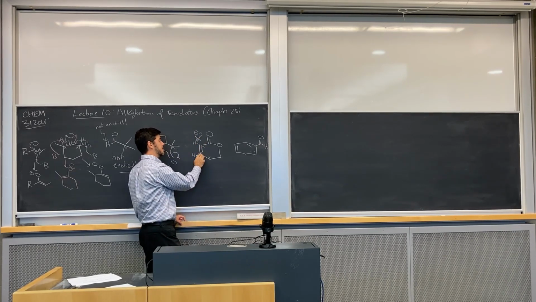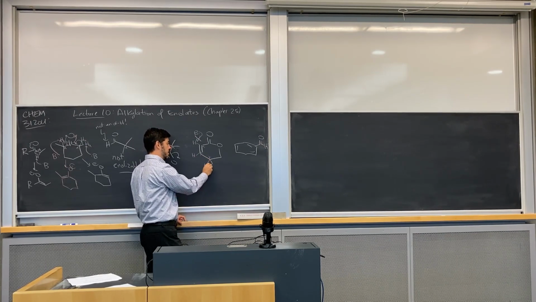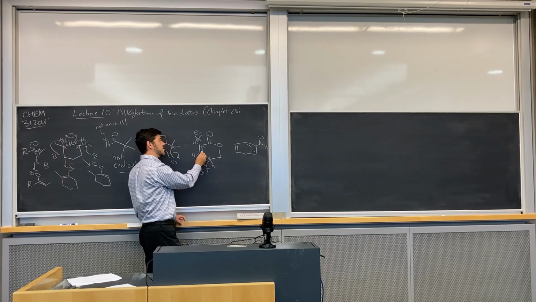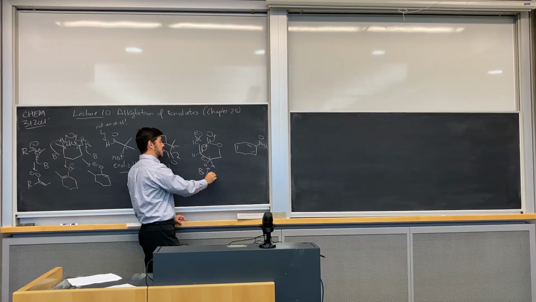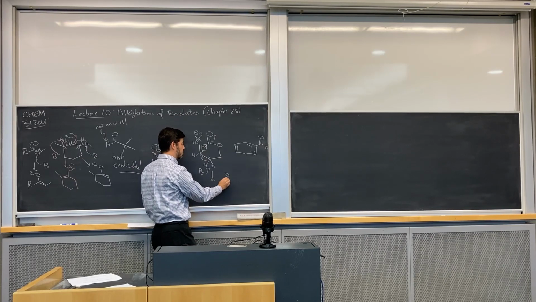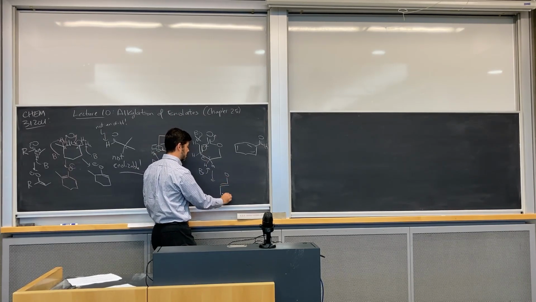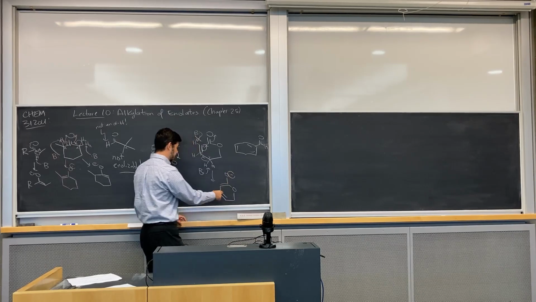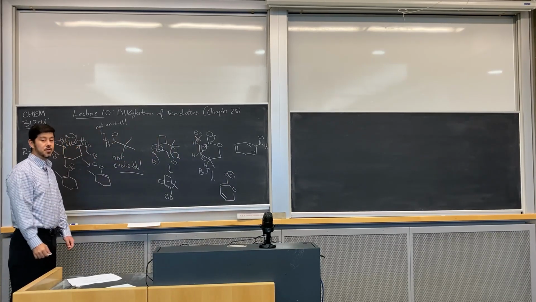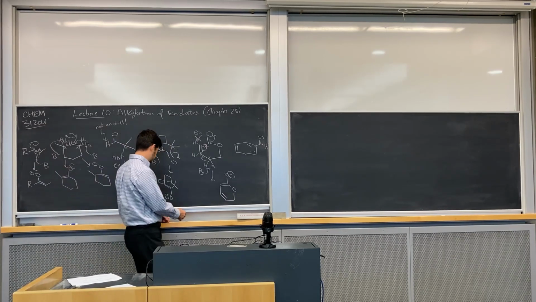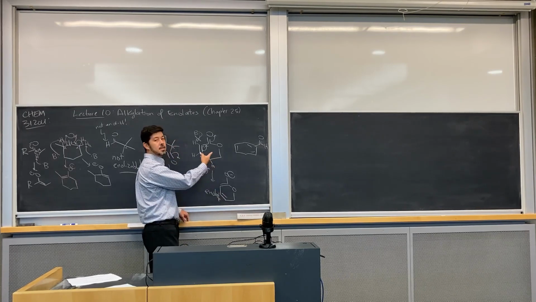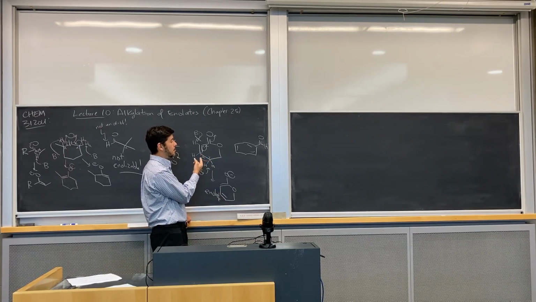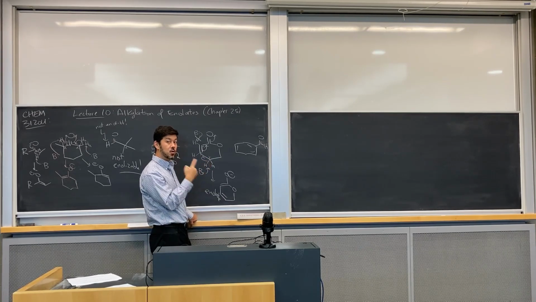However, if we look at not the beta protons but the gamma protons, and you try to remove these, you'll see that because you have a conjugated system here, you can actually move the electrons up into this scaffold. If you do that, you will generate this structure here, which is also an enolate. And then finally, this compound here is benzaldehyde. Do we have alpha hydrogens on here? No, we don't. This is not